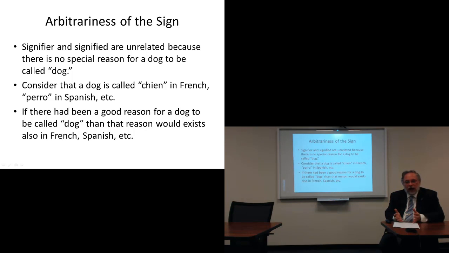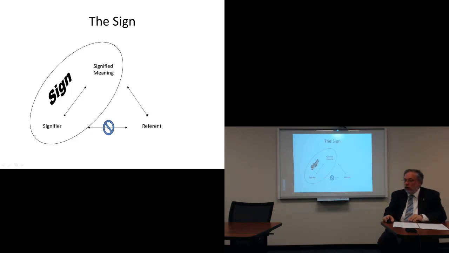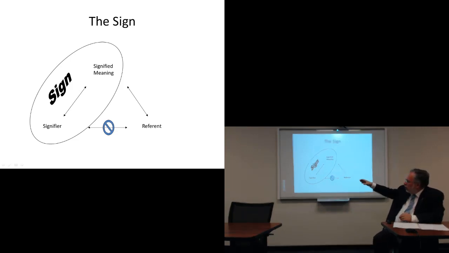So the fact that there is no good reason is exemplified by the fact that the word for dog is different in every language. And so because of this, we come to the conclusion that there is no necessary relationship. Okay? Now, another way of looking, and this is just a different way of looking, it's the same idea, at the sign, is that you have a signifier, the signified, the meaning that we've talked about, and the sign is the union between these two